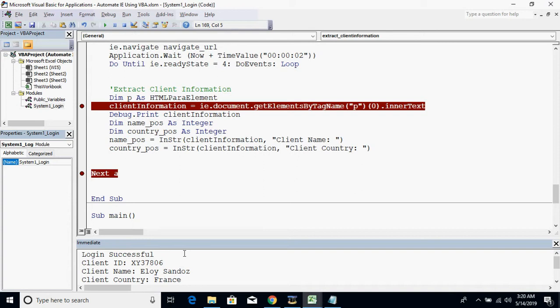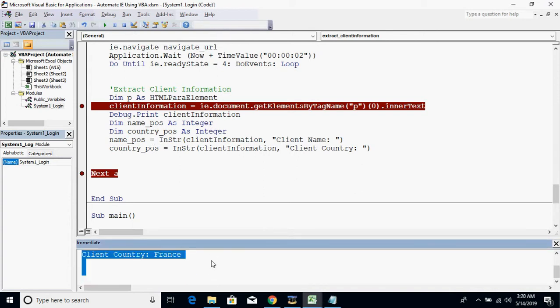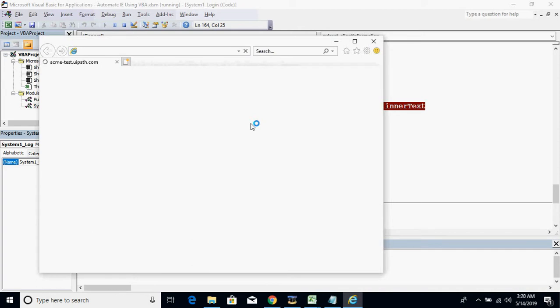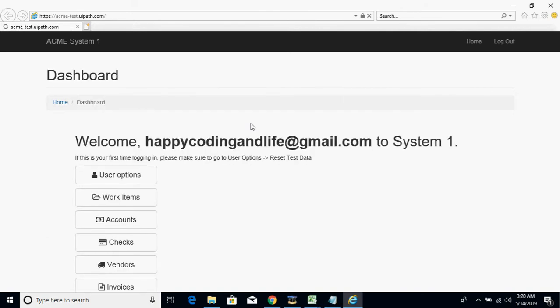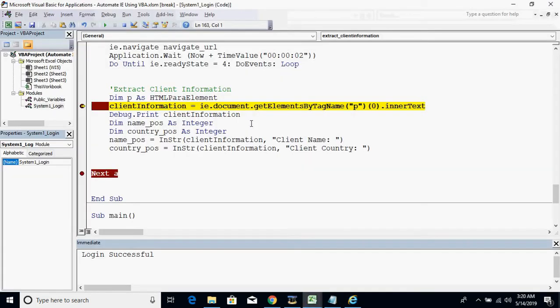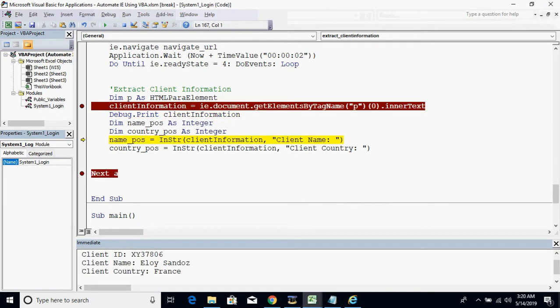All right. So once you do that, we can now start getting the client ID first, but let me try to run it again and test if we were able to capture the correct position of name and country. So using F8, you can see,